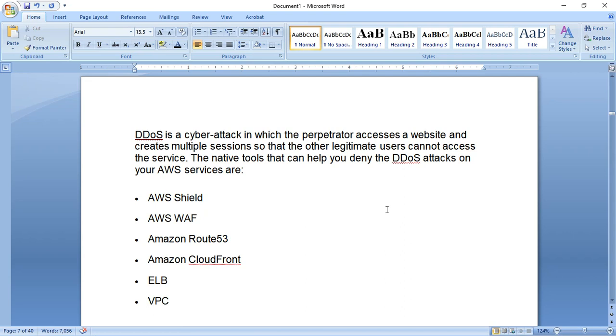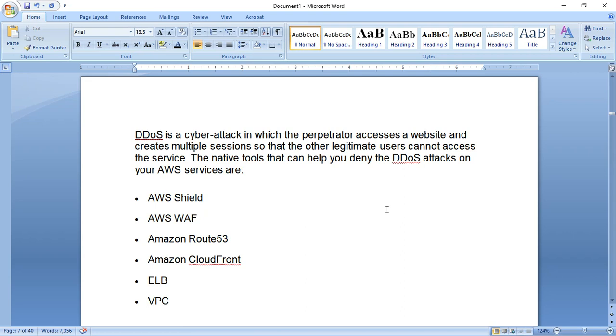Your server gets loaded and responds slowly, which means a bad user experience, and this way it makes your life difficult. Your server will not respond properly, and ultimately your website will be down.